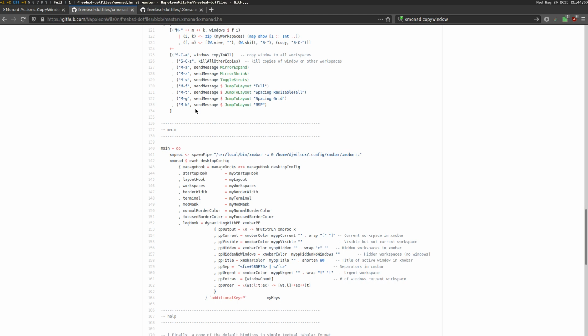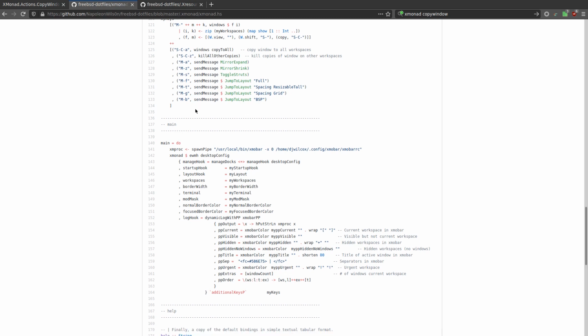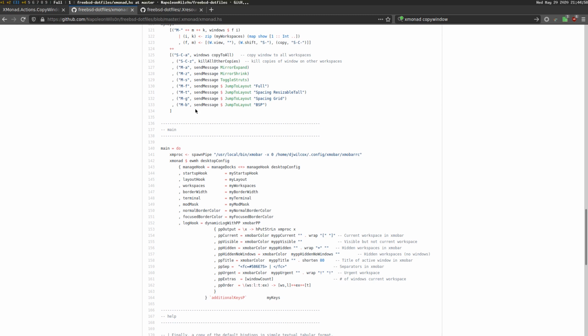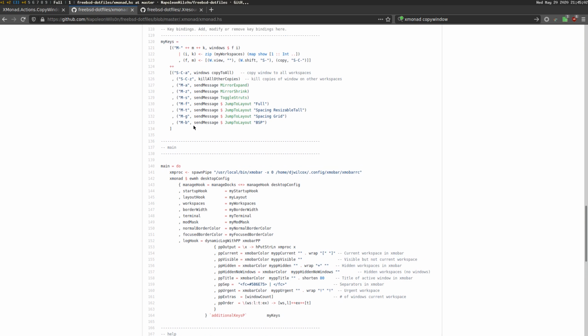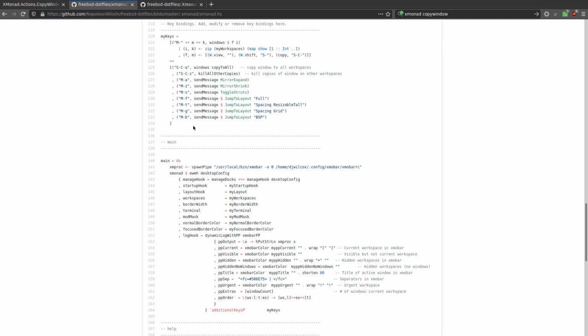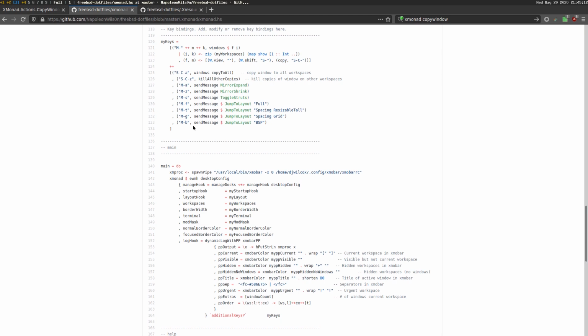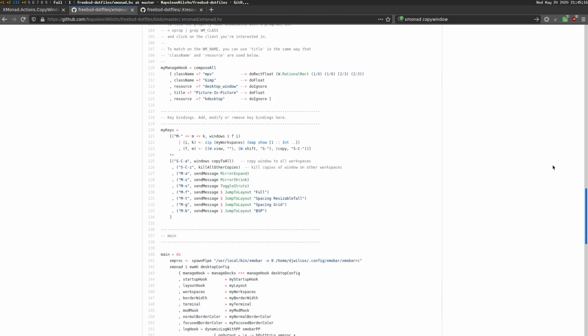So if I press mod S now, you can see the bar toggles and disappears. So that's a much better solution than having another window outside the avoid struts. It's much simpler, just being able to toggle that on and off so you can go full screen with a video. The next thing I wanted to cover was